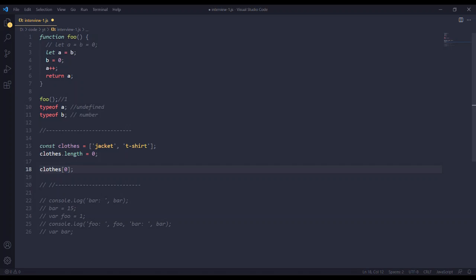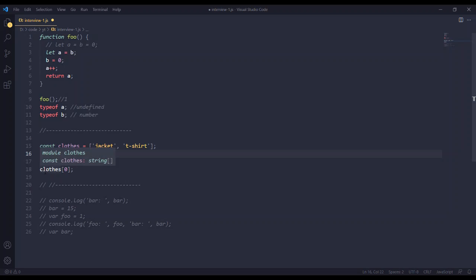So here you can see const, just like let, also has block scoping, which means inside any block it will be accessible if we declare a variable with the const keyword, but outside it is not. So here we have one array with two items inside, and then we set length equal to 0. That means if we set the length of any array to 0, whatever items are inside that array will all be deleted, and the array will become an empty array. So right now clothes has two items, so length = 0 means these two items will be deleted, and clothes will be an empty array.